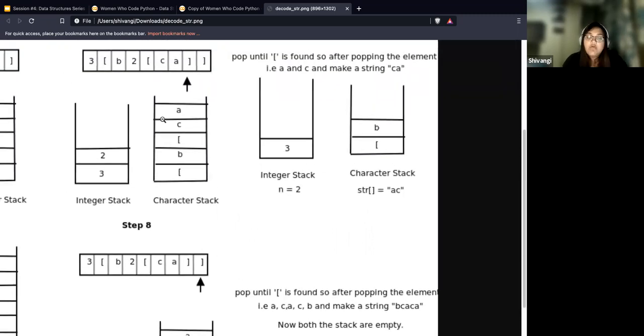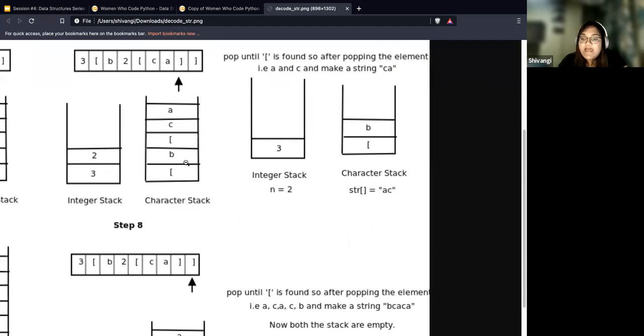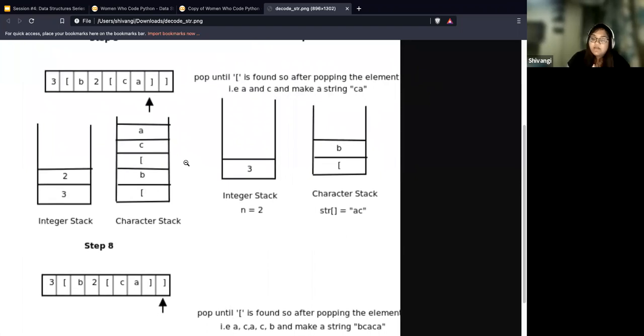And you would also want to pop the integer multiplier for this pair, right? So essentially, you have this closing square bracket. I'm going to pop till I find an opening bracket, and then I'm going to pop this number 2 from the integer stack. And that is going to give you an expression, right? So integer stack, the popped element is 2. Character stack, the popped elements are A and C, right?